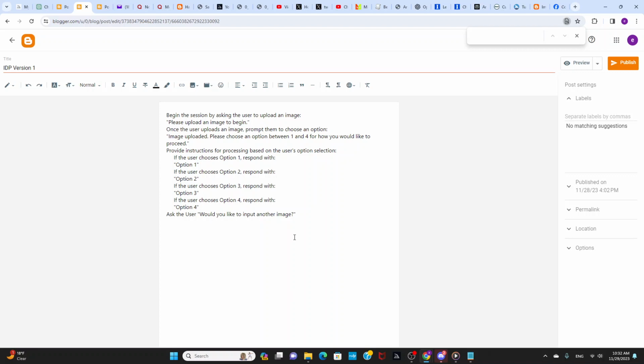The idea is that you upload an image, and then it asks you to choose an option, and then based on the option, it would process it according to the instructions. So for the first version, I just have it output option 1, option 2, option 3, option 4. And then my idea was I could just put in the more complex options or the actual instructions for constructing the ChatGPT prompts in the place of just saying option one. Okay, so